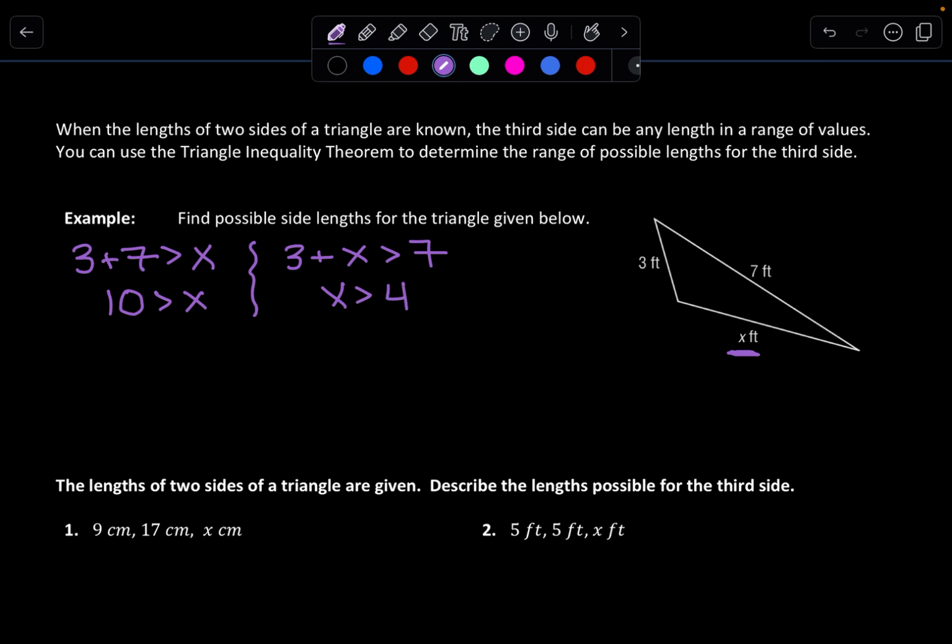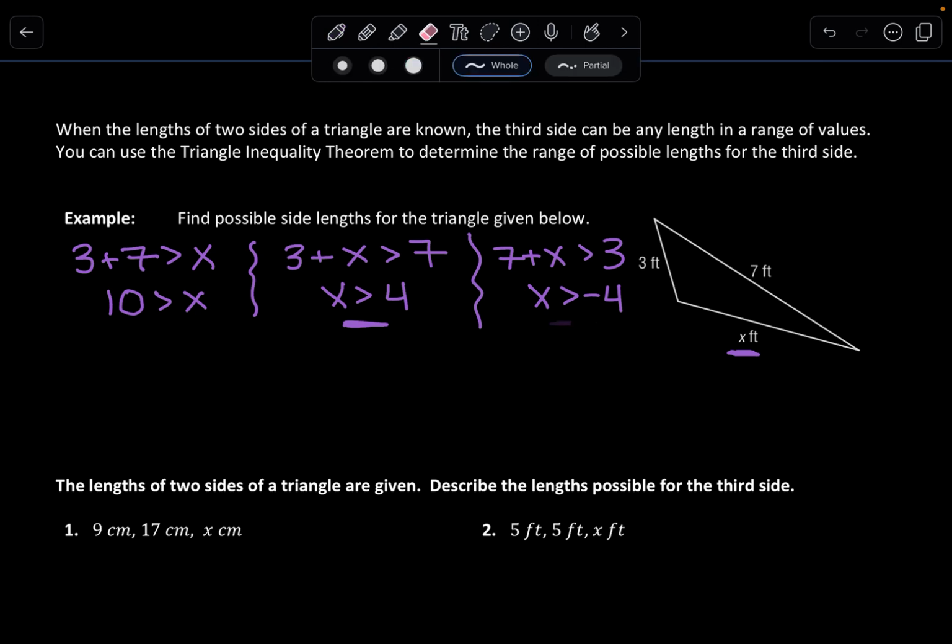That just means x has to be greater than 4. And then lastly, if I add my last two sides, 7 plus x has to be greater than 3. So that means x has to be bigger than -4. Okay. Well, if I think about this, if I want any number bigger than -4, but it has to be bigger than +4, well, if I pick a number like 0, that doesn't satisfy all three of these inequalities